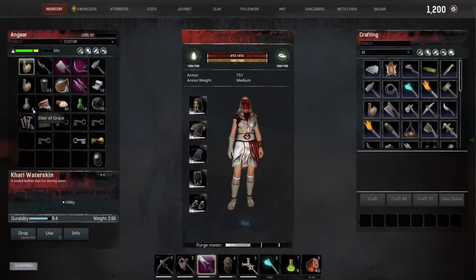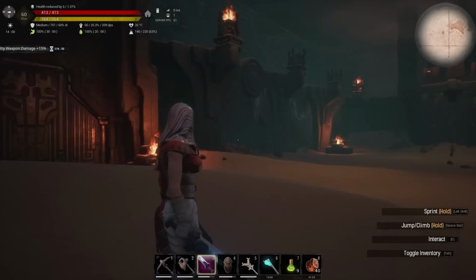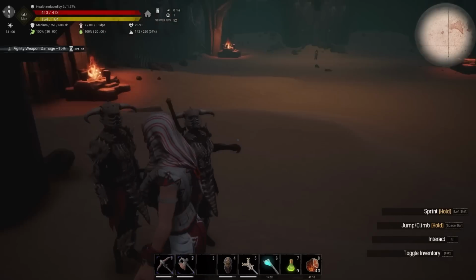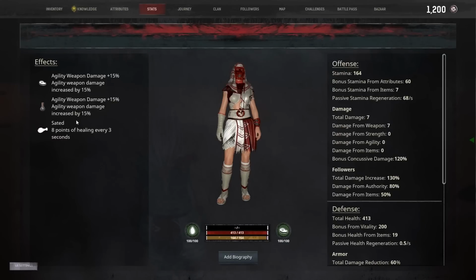So I'm going to use that technique with maybe a slight tweak to it. First of all, we're going to take the Elixir of Grace, or we'll use this Daughter Amir to give us 15% more agility weapon damage. I've given away my weapon. Let me get that back. Hold on, I'm also going to use the Salted Exquisite Meat, because that also gives me